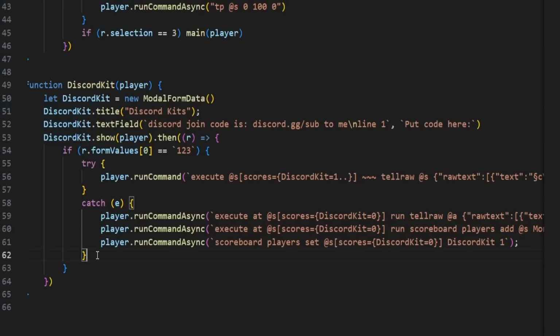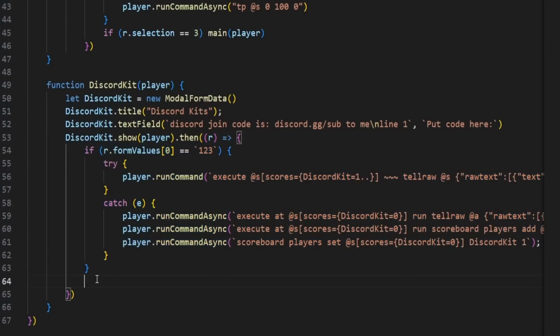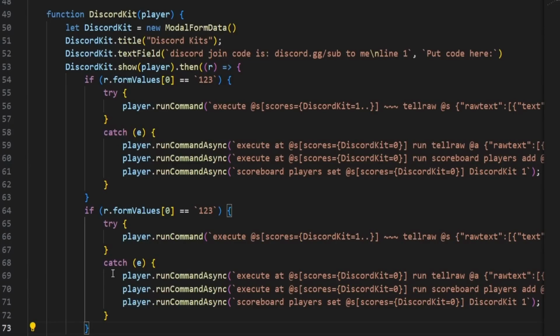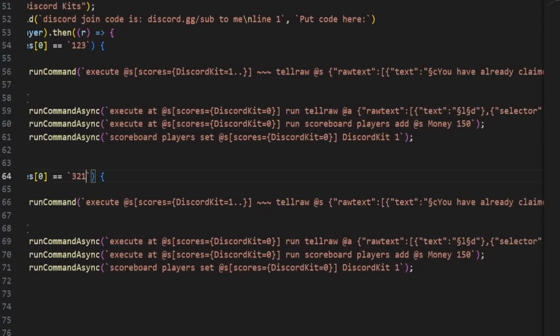This curly bracket right here, you're going to press enter, and then you can copy this and paste it down here if you wanted to. And then you would just change this code here to a different code, for example, 321, and then you would change the